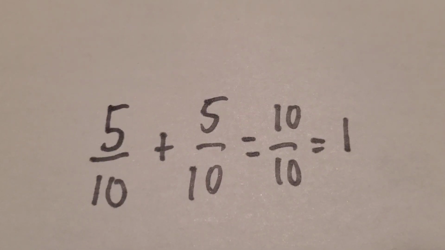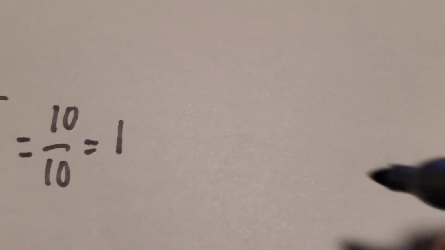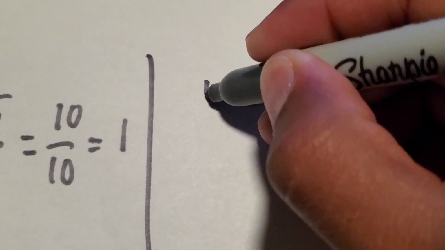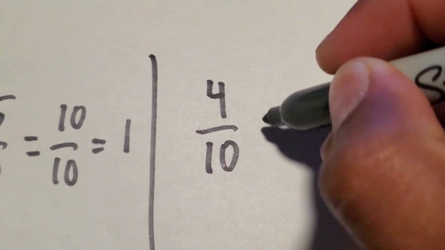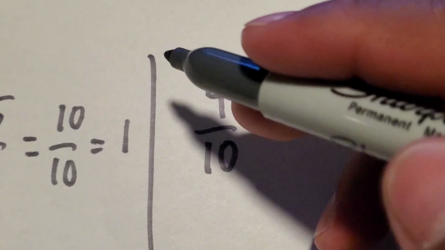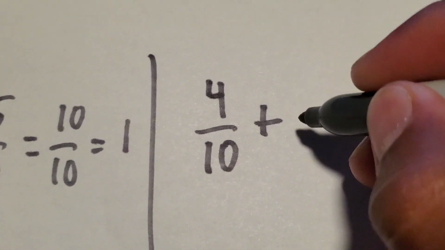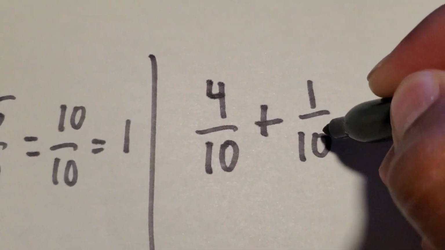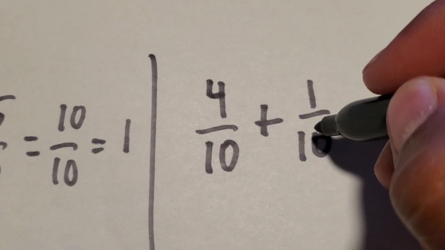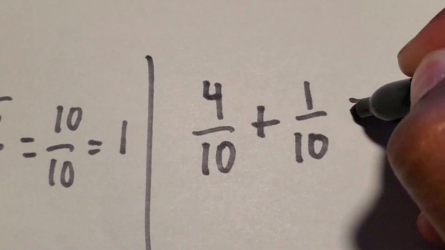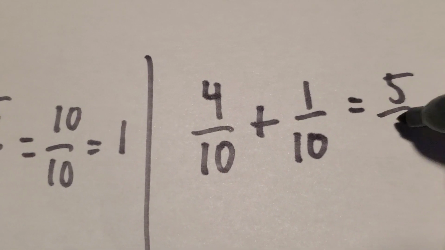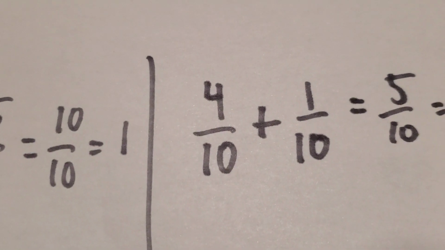So there's only 4 out of the 10 that are prime. Plus, because it's OR, and we're choosing 6, there's only 1 six out of 10. And there's no intersection, so there's nothing I have to subtract. So I'm going to get 5 over 10, which is 1/2, which is the same thing as saying there's a